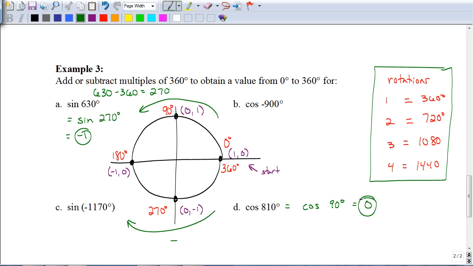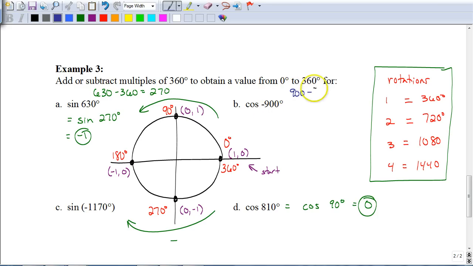Now when you're dealing with negative rotations, it's a little bit trickier, because you want to remember that we're going in the opposite direction. So a negative degree rotation is going to be slightly different. So first, cosine of negative 900. Let's look at letter B there. That means that it's 2 full rotations, because 2 rotations would be negative 720 degrees. But it's another 180 degrees past that. If you're not sure, you can